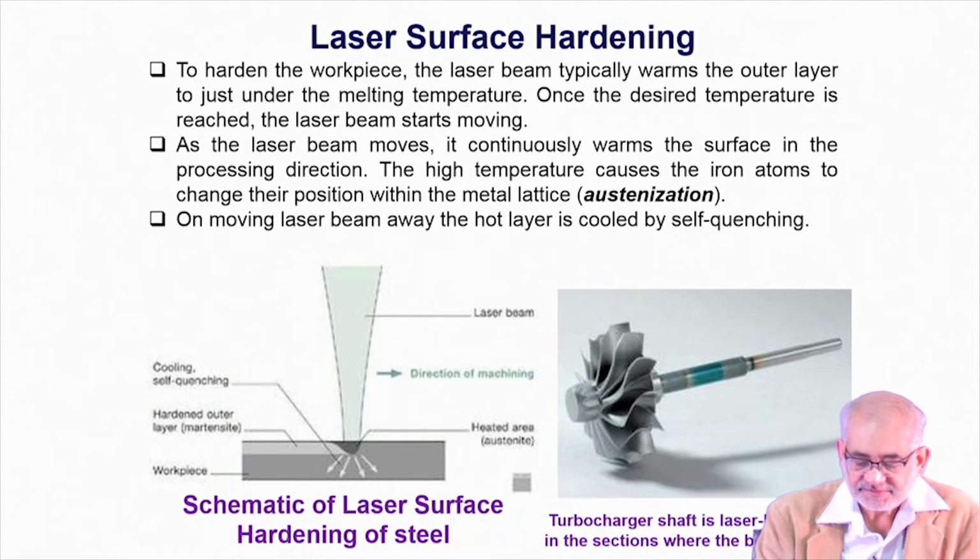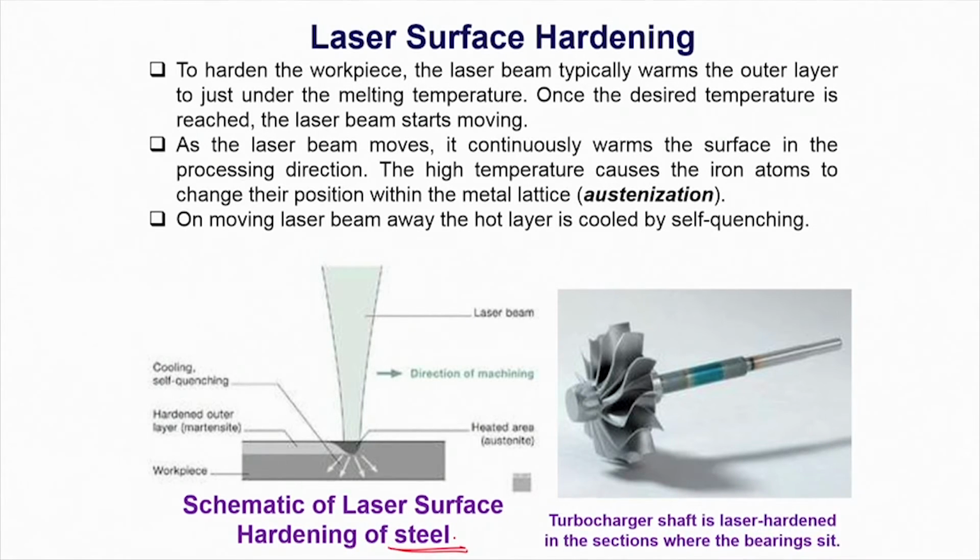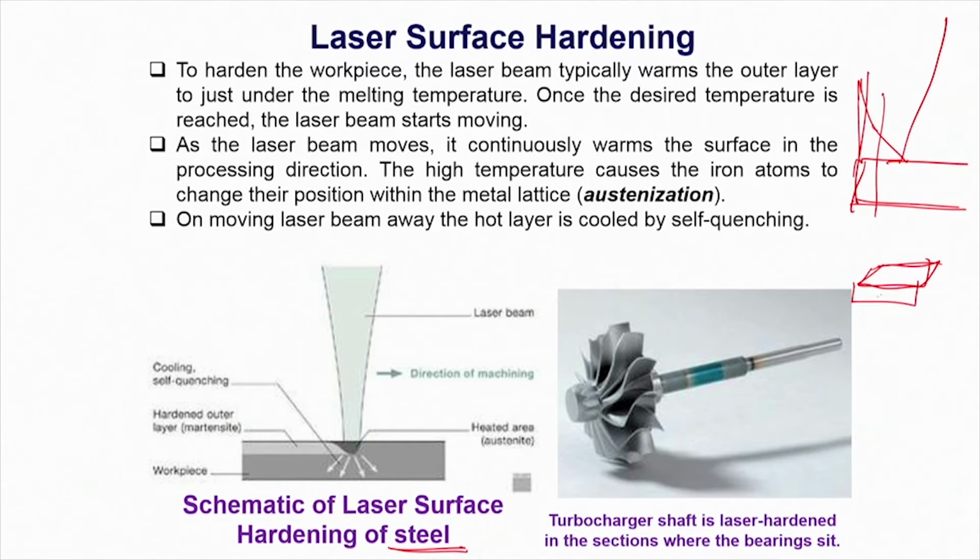In case of steel, we just need to recall the basic phase transformation principles of steel. If you recall the steel part of the phase diagram, this is the part of the iron cementite system, and if we take a composition somewhere in the medium carbon range, say about 0.4 weight% carbon steel, so if this is the component we are talking about, this component may have a certain depth